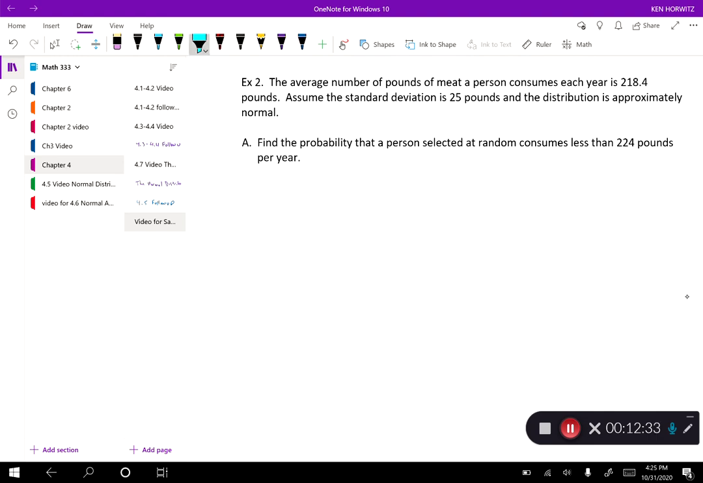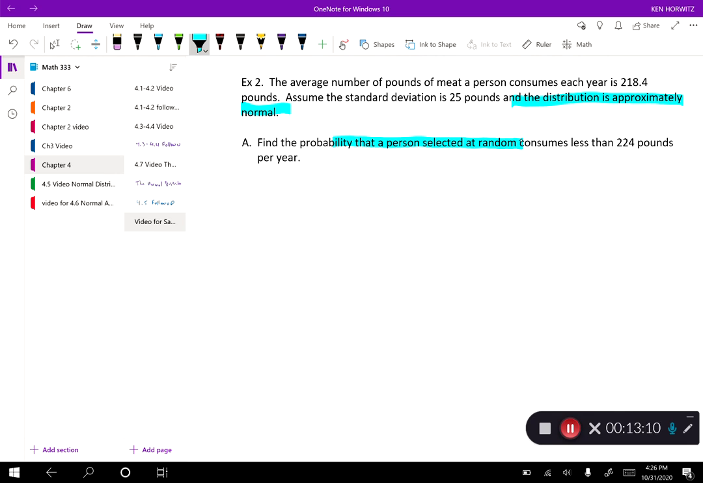All right, so I just want to take a minute to point out something. A lot of people ignore this kind of statement, but it's here. It says, assume the distribution is approximately normal. That means that if we had a sample of less than 30, this statement would mean that we could use the central limit theorem. However, Part A is not asking about a sample, is it? Part A is saying, find the probability that a person selected at random. So if we're talking about a person selected at random,